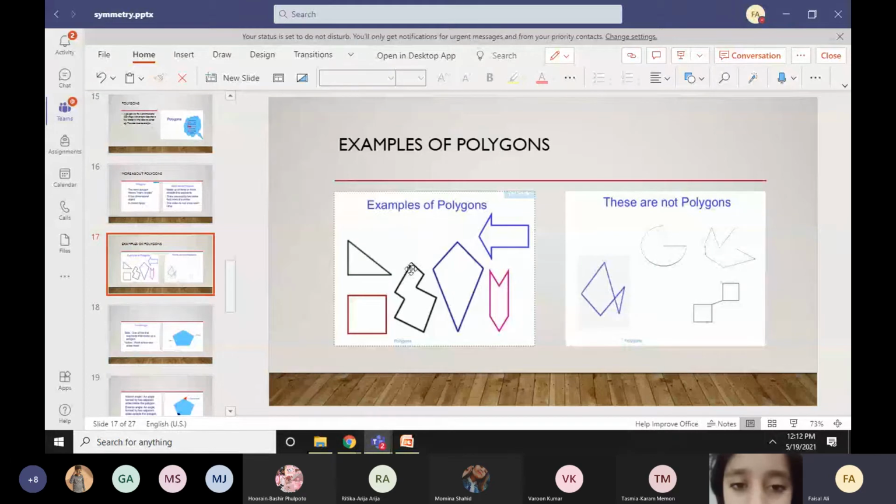Okay, here are also some shapes which are not polygons, like this one. Two lines are crossing each other, so that's why we will say this is not a polygon. Here is a circle type shape. Here is a curve, not a straight line, so this is also not a polygon. Here is a figure with two squares and a center line between them. This is also not a polygon. Why? Because this figure is not closed, it is an open figure, so that's why we are saying this is not a polygon.